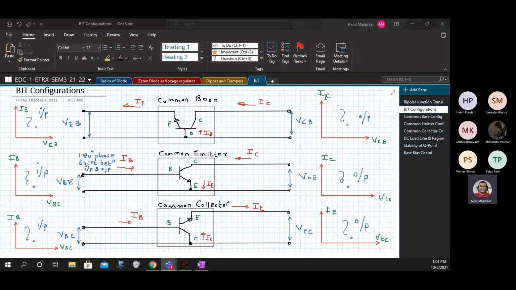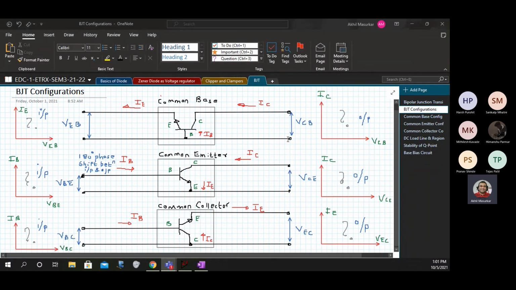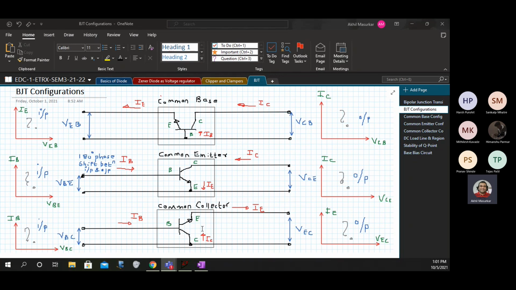So today we are going to see the 6 different characteristics together for BJT configurations, that is common base, common emitter and common collector. Each configuration has input characteristics and output characteristics.